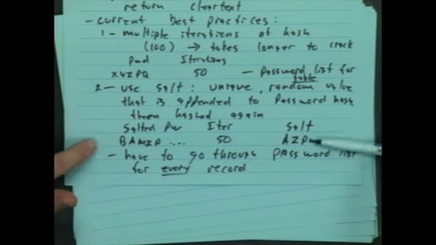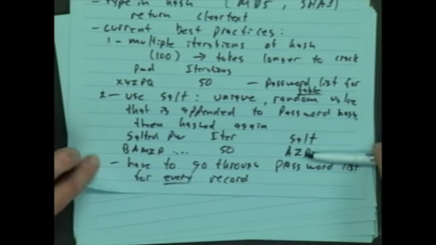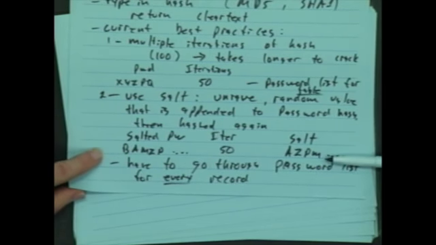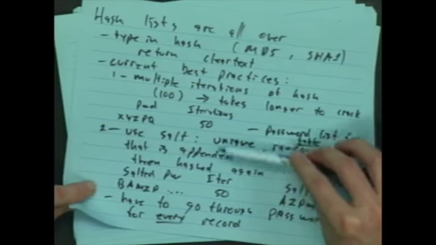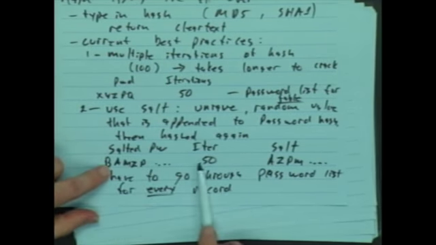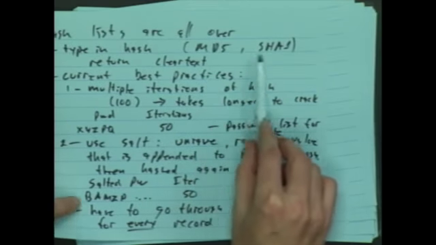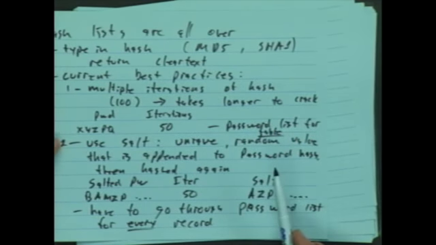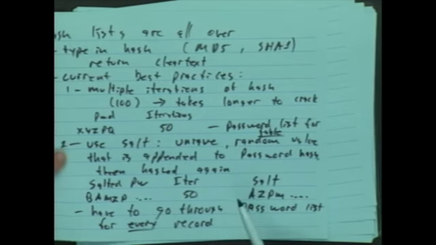Anyway, salt again is at the high end of the current best practice. But this multiple iterations is good too. If it's only one iteration, some of these hashes don't really take very long to run. You want them to take a long time to run,